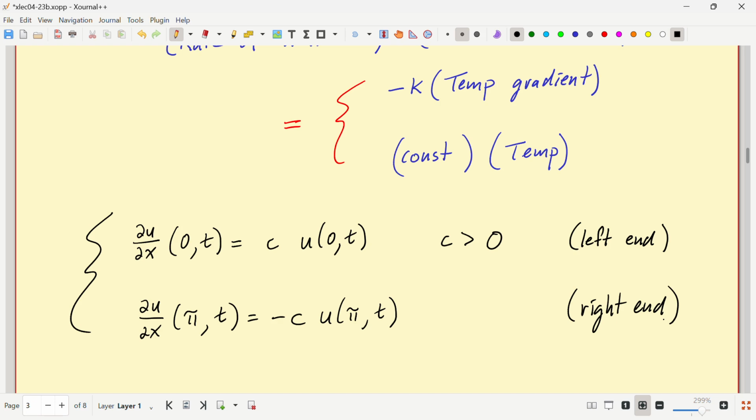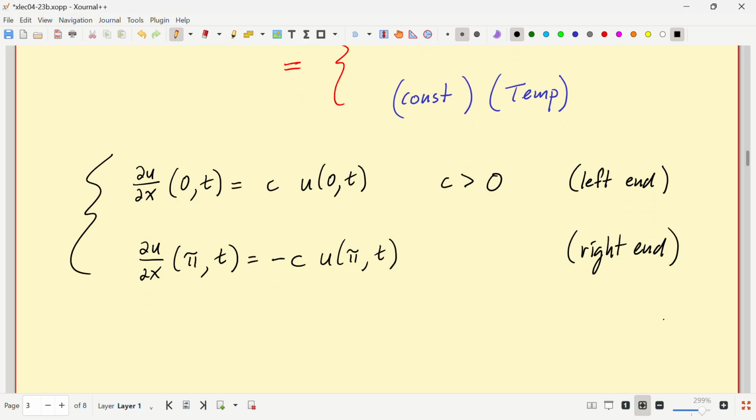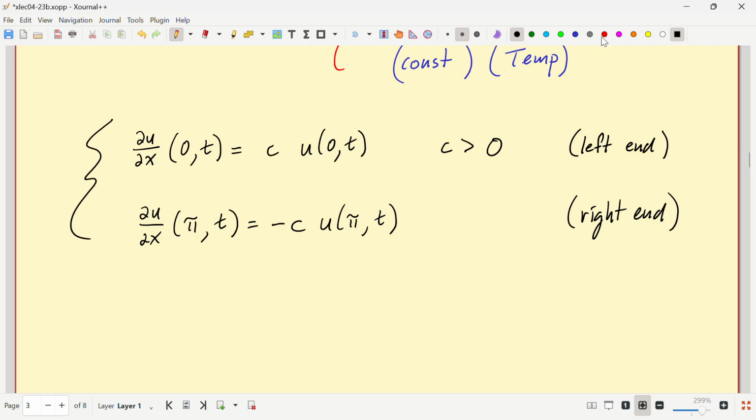Question? On the left end, what does the slope mean? Like, if we want heat to flow out to the left, we want the slope to be negative. That's right. So then on the left, shouldn't C... No, to the left. Let's see. If it's hot, then it would be hotter to, let's see. If it's hot in the middle, and then it would be colder out to the right and left. And so here's 0 and pi. The temperature is flowing this way.